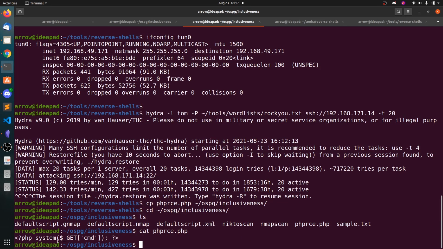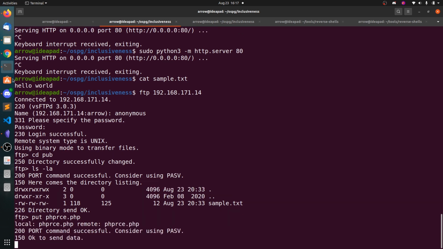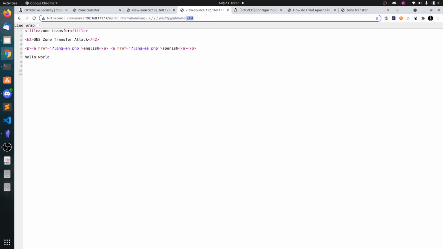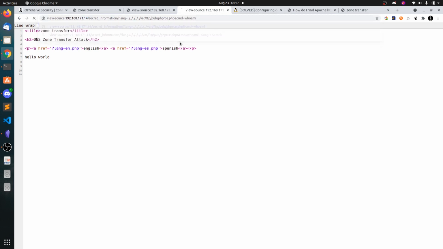This is just simple, getting the command and executing that. So what we can do is put phprc.php. Successful. Now we can go to that file phprc.php, with cmd equals whoami, and you can see we got code execution as data.